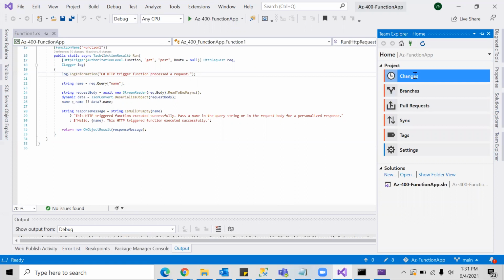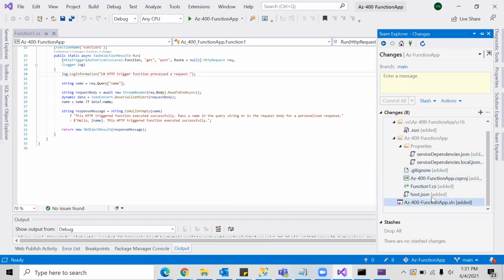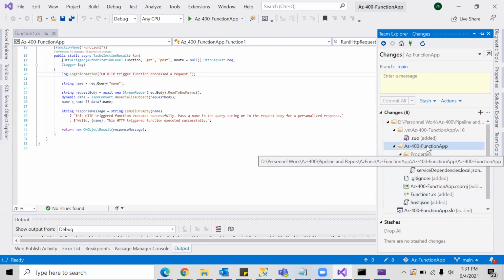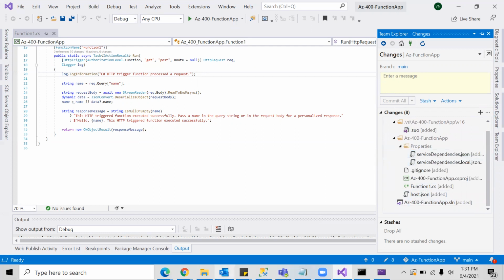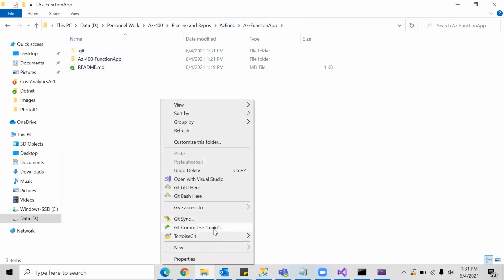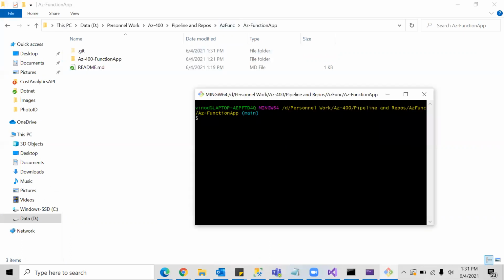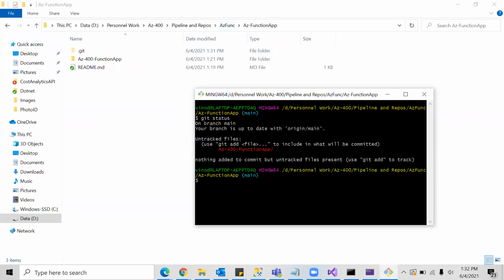So I will go to changes here, and I have all these changes. Let me open Git Bash here and ask for git status. This will show me the folder.